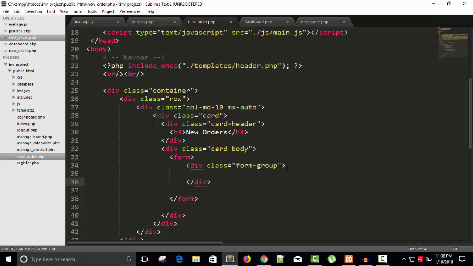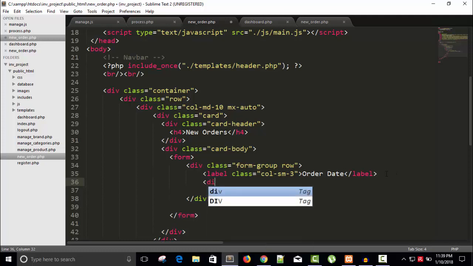Form group, and inside form group I'm going to take a row. Inside row let's take a label with class equals to col-sm-3, and right here order date. Fine. Now take another div with class it will be col-sm-6,